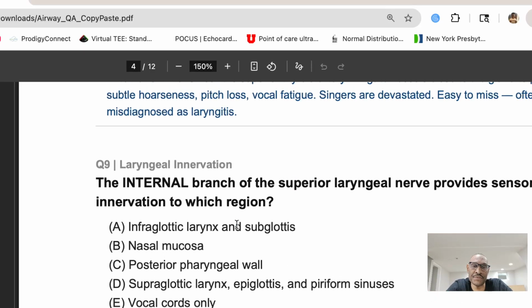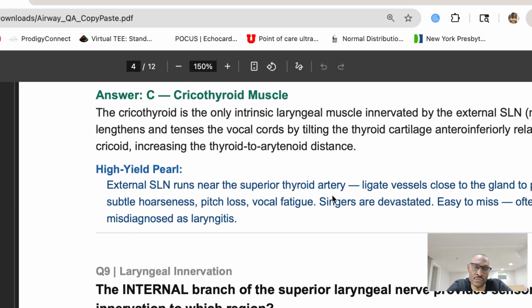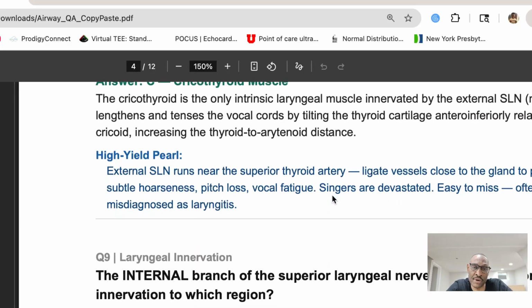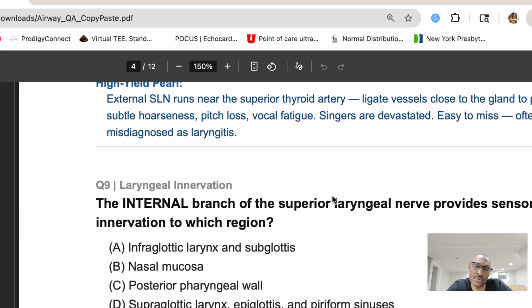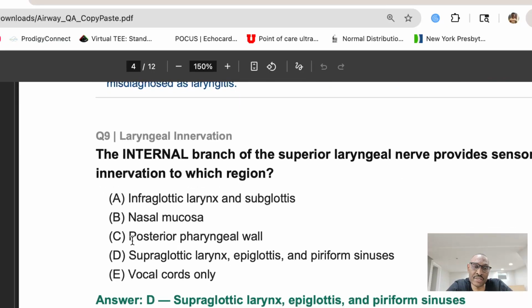All right, next up, the internal branch of the superior, can't have one without the other. The internal branch of the superior laryngeal nerve provides sensory innervation to which region? If we're going to talk about the external branch, it innervates the cricothyroid muscle. The internal branch has way more function. So we're going to say that this is going to be supraglottic larynx, epiglottis, and piriform